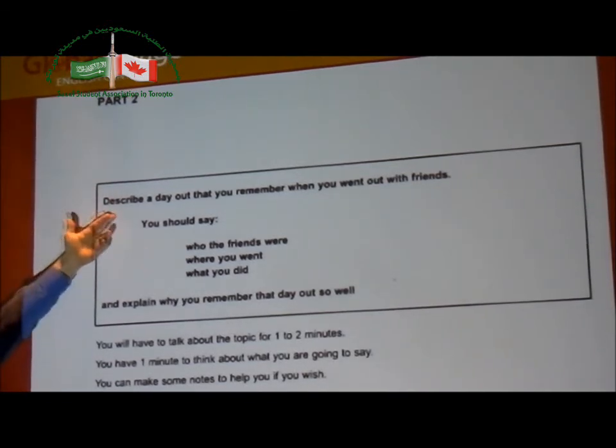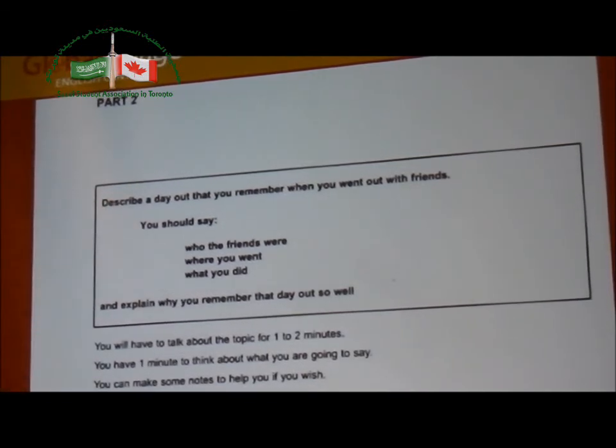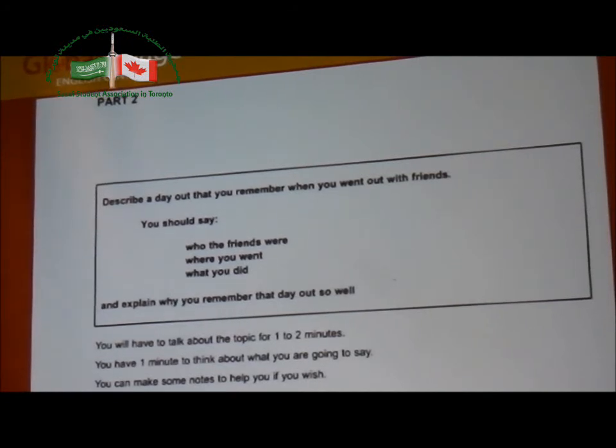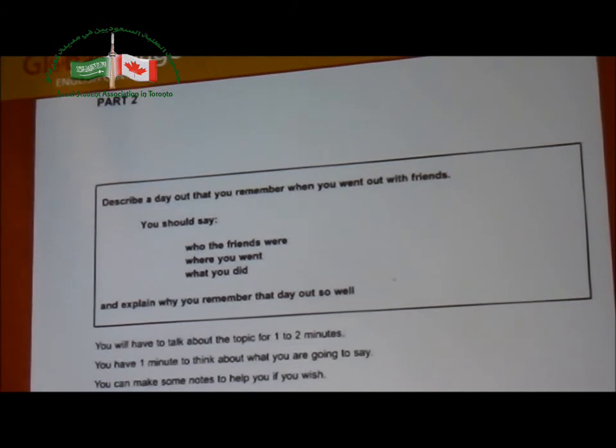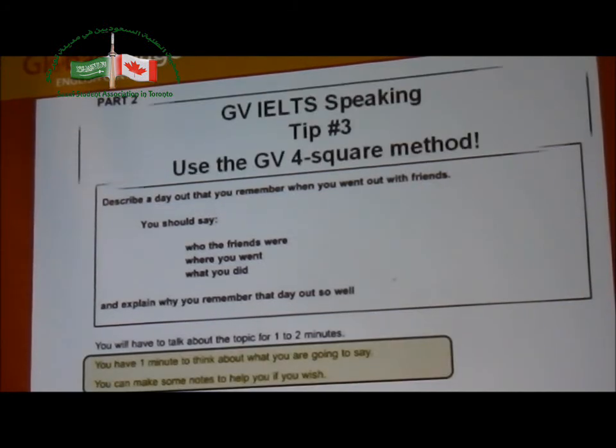So what do I do for the next 40 seconds? Now write down some vocabulary. Some strong vocabulary that I can use for each of these things. Write down some words that I want to use when I talk about it. That's the best way to use your time very effectively. And then you're never going to run out of things to say, and you'll make sure that you cover all of the points.